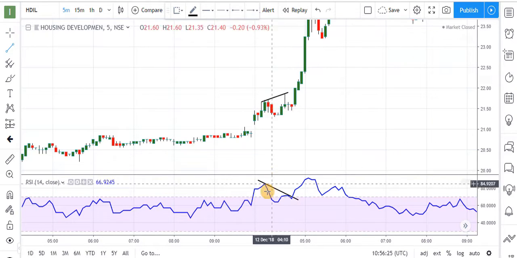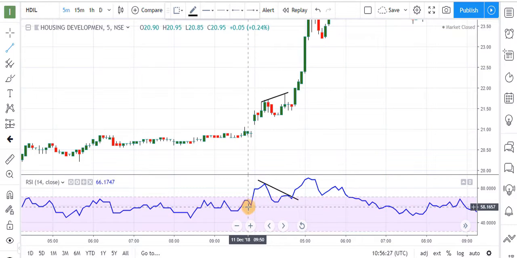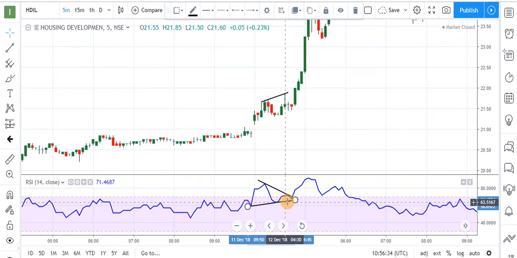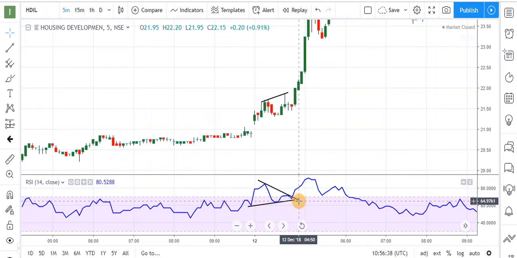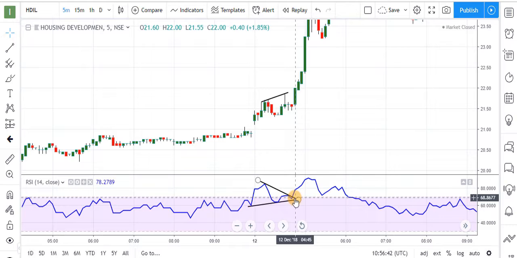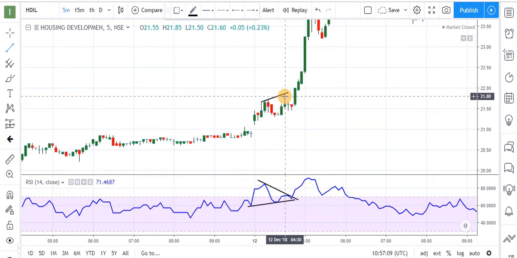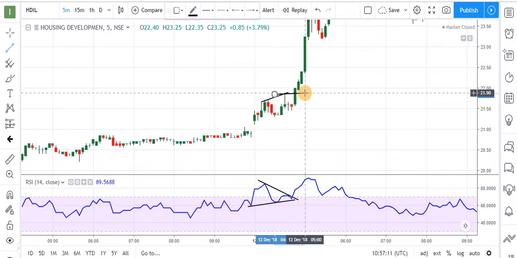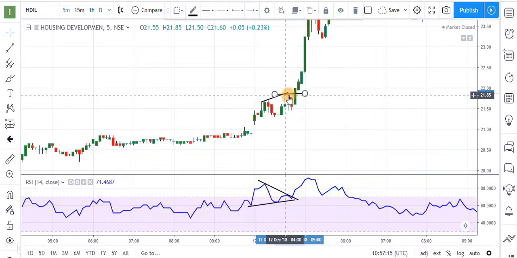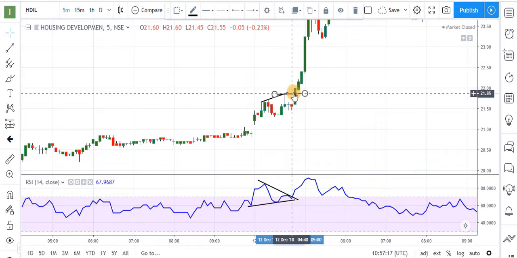For trading a retracement, we will draw a support line on the RSI troughs and see there is no breakout on the support line of RSI. It means it is a case of failing divergence because we are getting a breakout on the resistance line of RSI. And we can make our buying position at the breakout candle. See, this was the level of this second peak and this is the breakout candle.